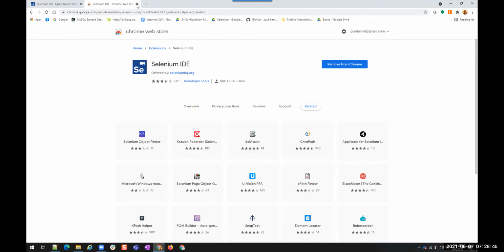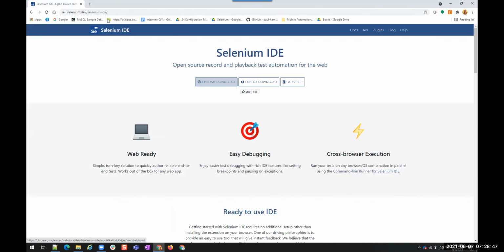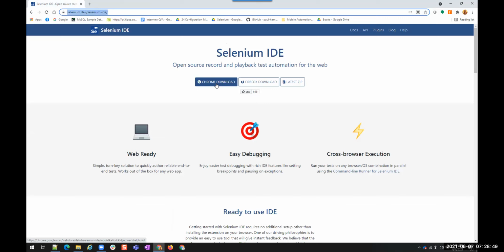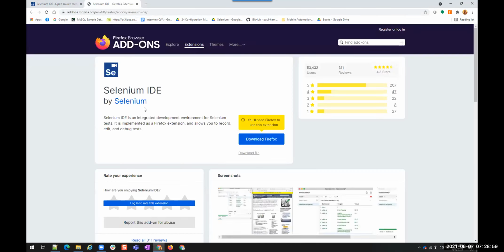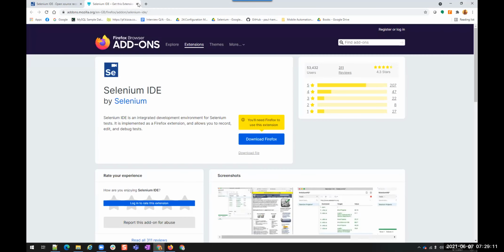So this is one way you can come to this, click on Chrome download, it will automatically take you. And for Firefox, you can open Firefox and then click on Firefox download. Since this is Chrome, this will be showing like this, but inside Firefox, you will see this add Firefox.